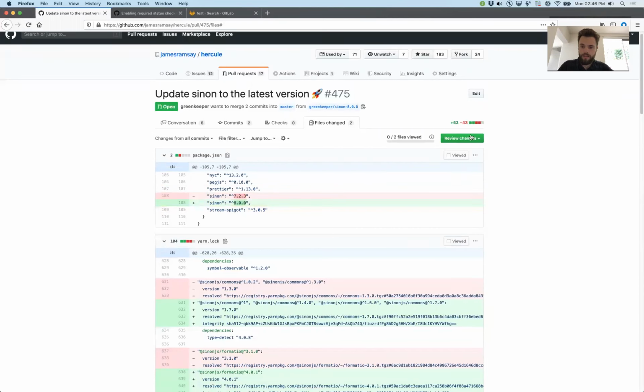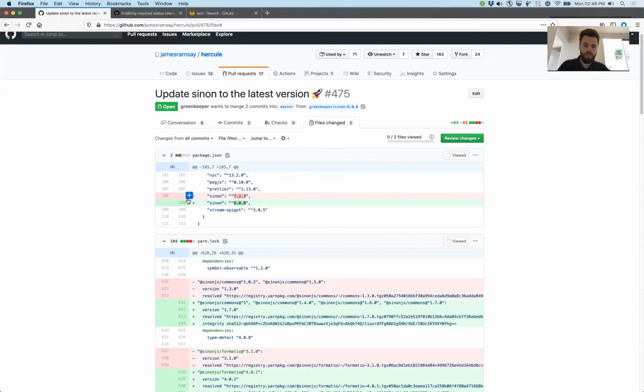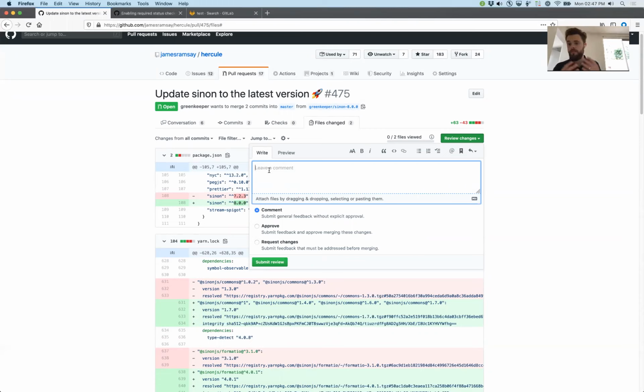Other than that, let's review the changes and see what happens here. So in GitLab, we have something similar. We have merge request reviews. When you leave a comment, you are prompted to start a review, add a single comment. So pretty much the same interaction here. And then a nice thing that GitHub has, which integrates with their reviewer features, which is something that GitLab does not have, is the ability to leave a comment when you finish a review. And this is a really nice thing. It makes it easy to